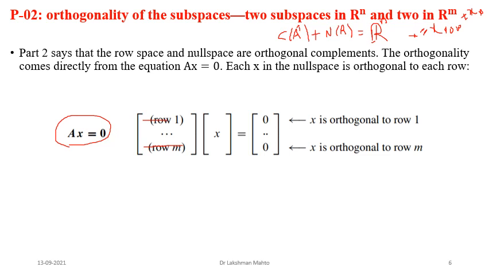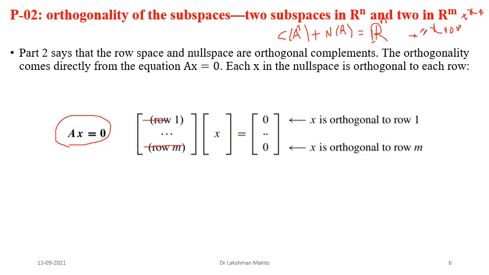If you visualize this system of equations in terms of dot products, then you can see that row 1 dot x equals 0. What is the dimension of a row? The dimension of a row is n, because it is an m by n matrix. So in a single row we will observe n components, and this vector x comes from the source space, whose dimension is n. So row and x are comparable, and that's why we can do the dot product.